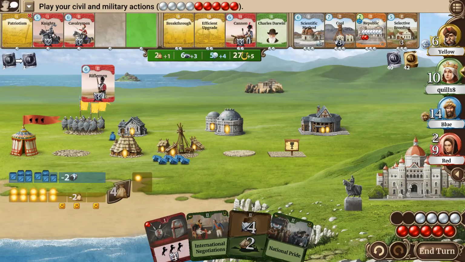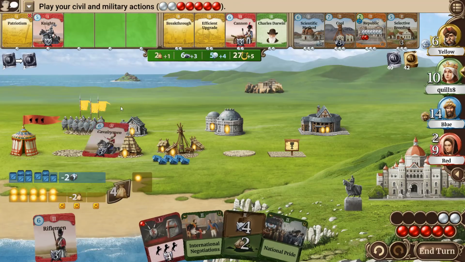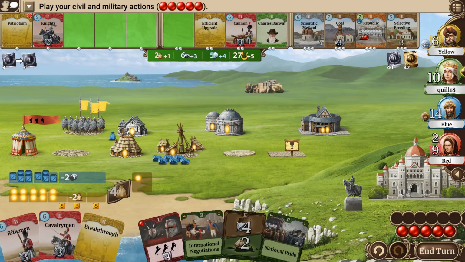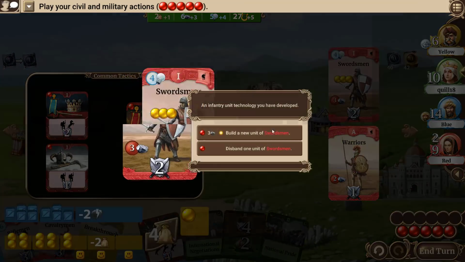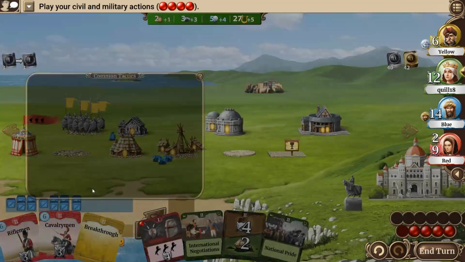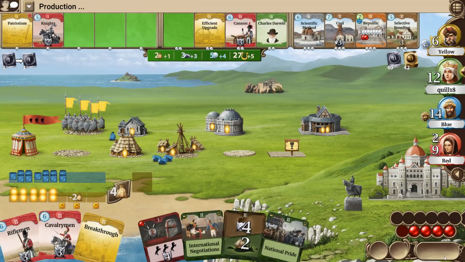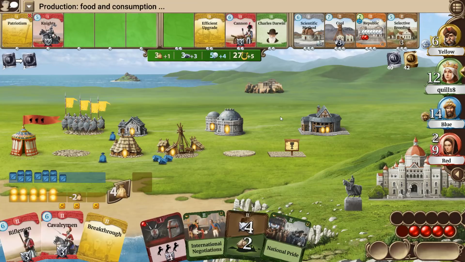I think we grab... You know what? I think we grab this and the cavalry. It'll give us a lot of options for development. And then I think I'll just grab the breakthrough, and do that so we don't have waste. Yeah, because we would have wasted 2. So we're not going to be forced to discard anything. It's too bad because we get culture from that, but...